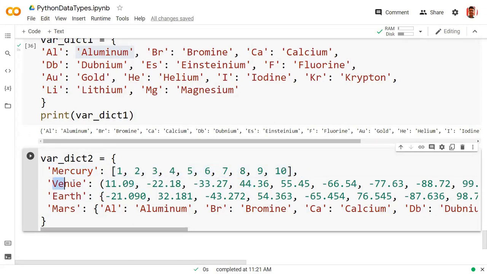Then we have Venus as key and values are a tuple. Then we have Earth and we have a set, and then we have Mars and we have a dictionary. Okay, so let us run this one, and let me print this.